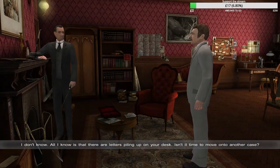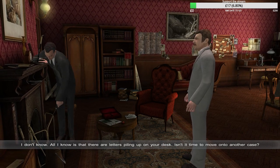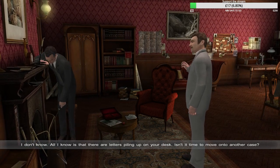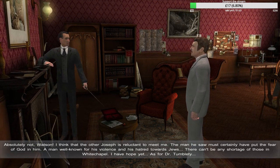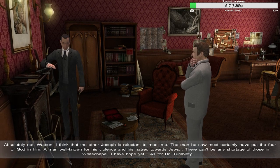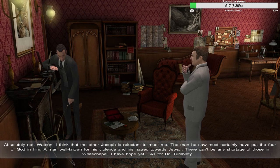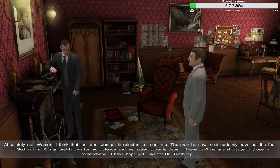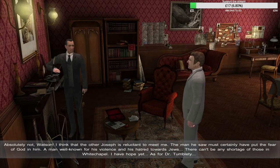I don't know. All I know is that there are letters piling up on your desk. Isn't it time to move on to another case? Absolutely not, Watson. I think that the other Joseph is reluctant to meet me. The man he saw must certainly have put the fear of God in him, a man well known for his violence and his hatred towards Jews. There can't be any shortage of those in Whitechapel. I have hope yet. As for Dr. Tumblety...